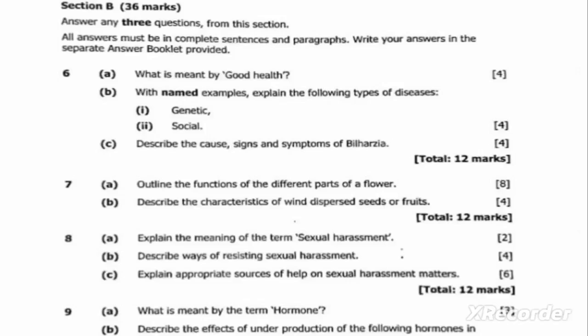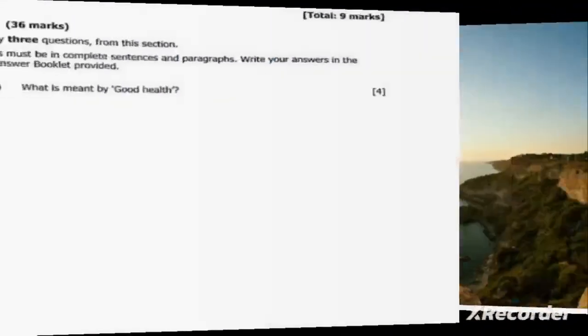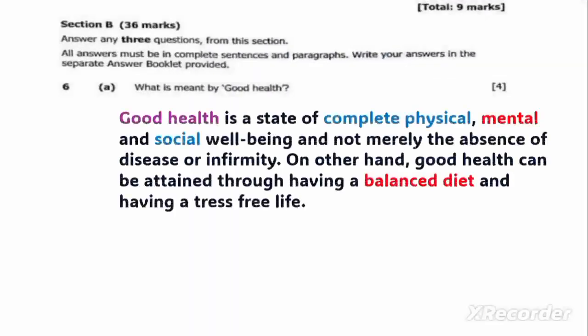Question 6a, the question reads, what is meant by good health? The question is carrying 4 marks, so there is need for us to provide the information that is equivalent to 4 marks. According to our syllabus and the World Health Organization, good health is a state of complete physical, mental, and social well-being, not merely the absence of